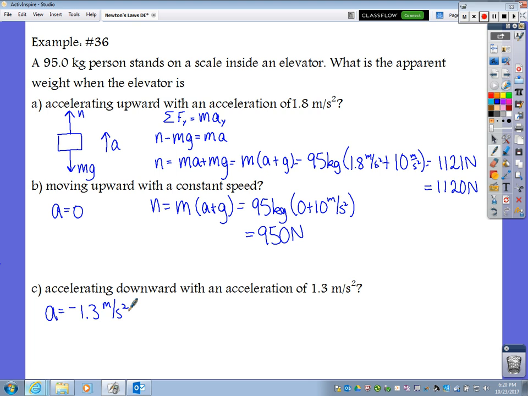Either way, the acceleration's downward, and it doesn't matter which one it is. So now our normal force is going to be m times a plus g, which is, I'll write it down here, 95 kilograms times negative 1.3 meters per second squared plus 10 meters per second squared. And that is